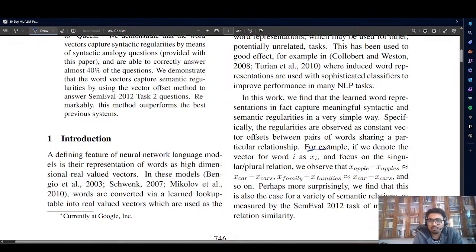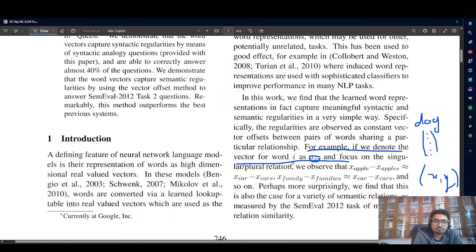For example, if we denote the vector for some word, let's say the vector for the word dog. It will be a long vector, a lot of floating point numbers and all that. If it were in a 2D plane, it would just have one x coordinate and one y coordinate, so it will be represented as a point in the 2D plane. So if a word i